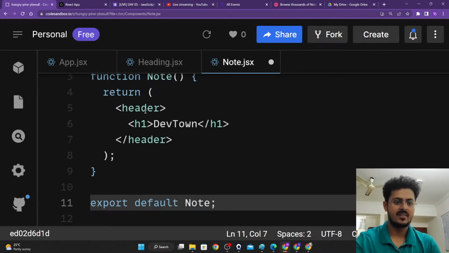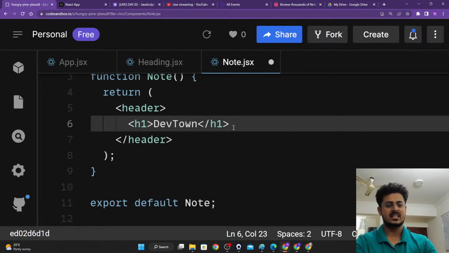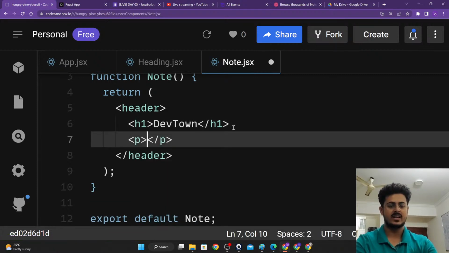So we are going to have our div tag. Now our note basically contains an h1 tag as well as a paragraph tag, guys. It contains an h1 tag and a paragraph tag. This paragraph tag is, let's assume,